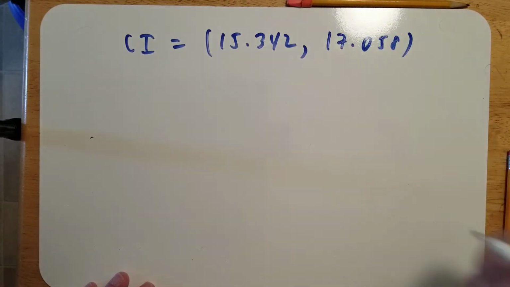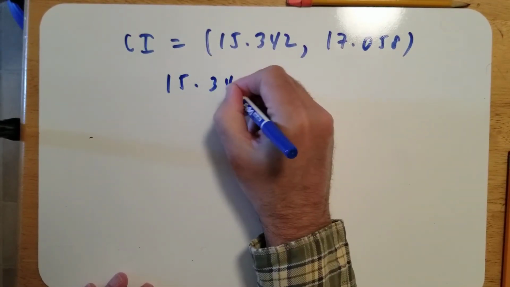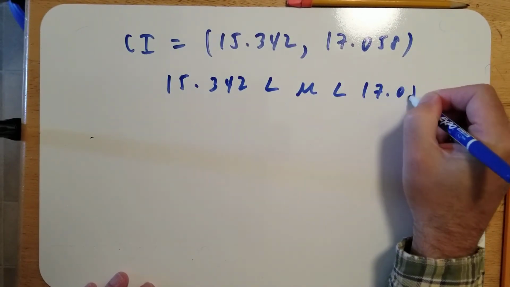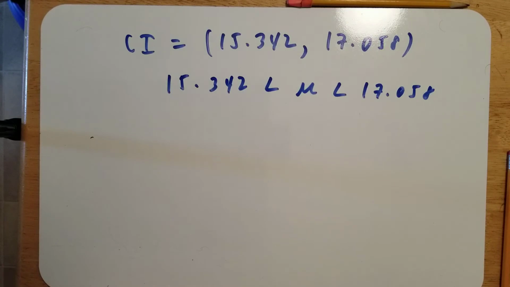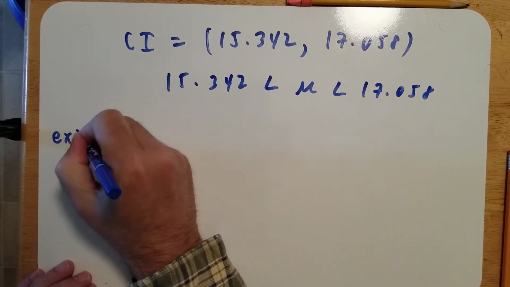In the homework, they might want you to write this something like this, 15.342 less than mu less than 17.058. Okay, now the other kind of example, example 2,